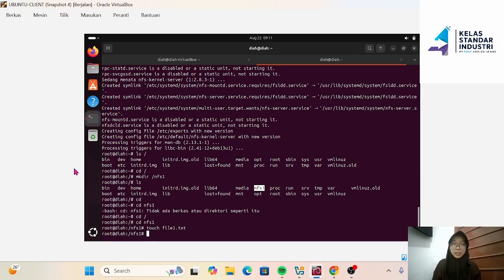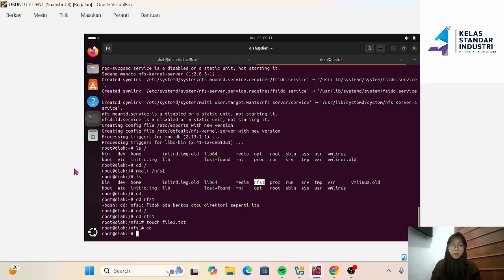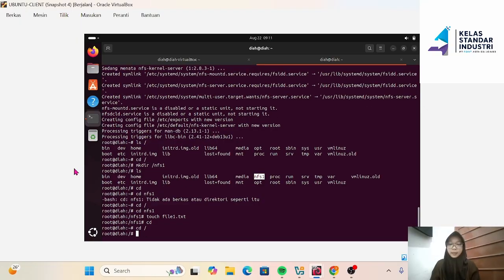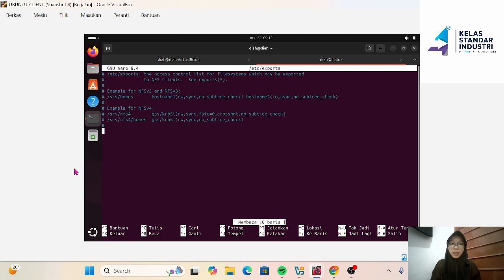To do this, edit the /etc/exports file. Before that, go back to the root directory using cd /, and type at the following line: /nfs1, press tab twice, 1, 2, arteries, RO.